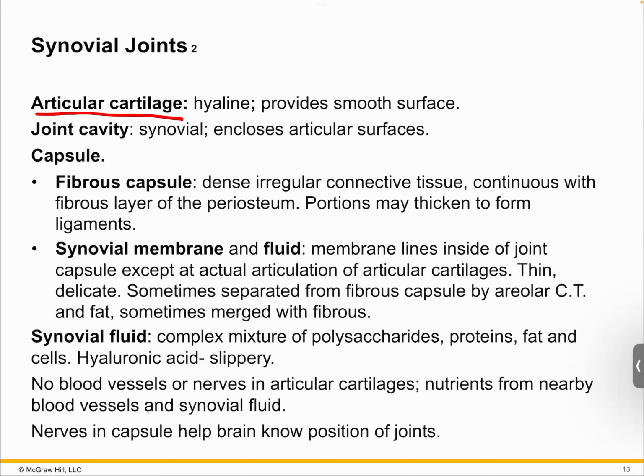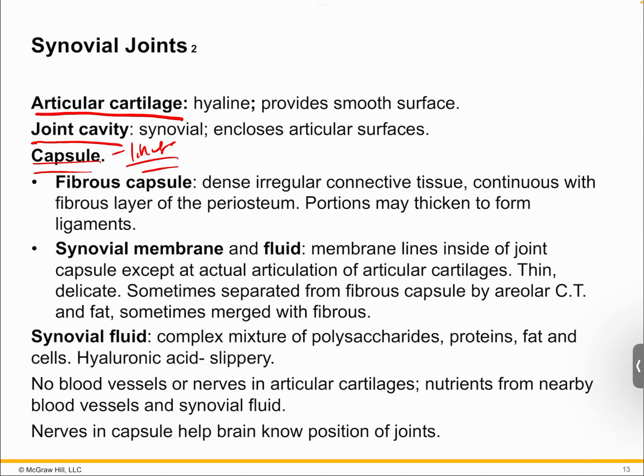In addition to this, you also have your joint sort of surrounded or sealed into a joint cavity. And it's sealed into this joint cavity by a capsule. So you kind of have this little capsular structure. And of course, you have different pieces of this capsule. It's like a liner, right? Basically, this is kind of what this is like. But in your joint capsule, you have a couple of pieces to it. So you have your fibrous